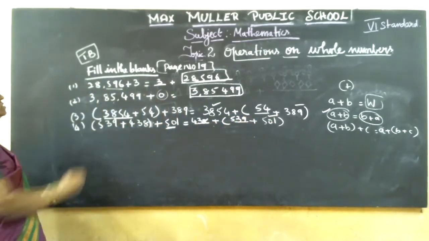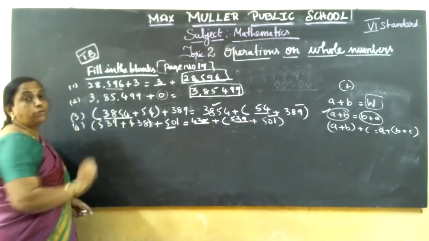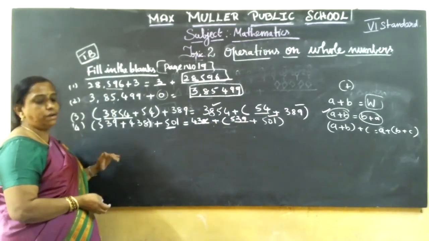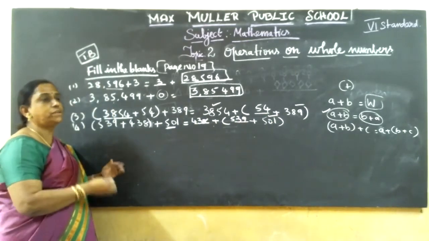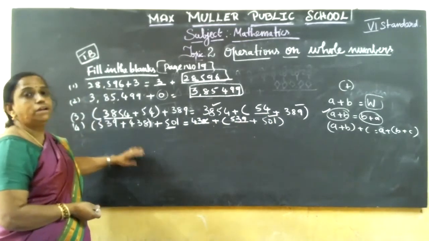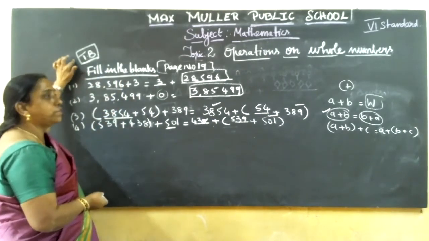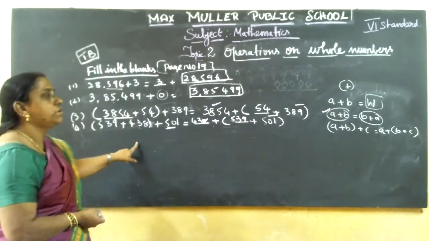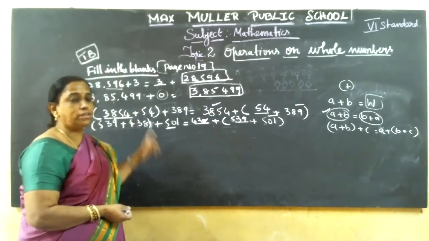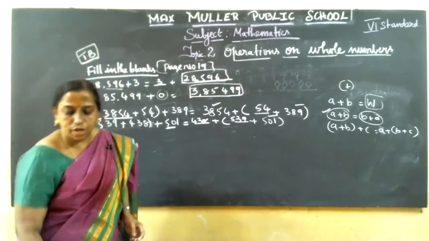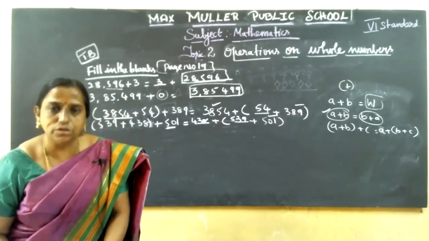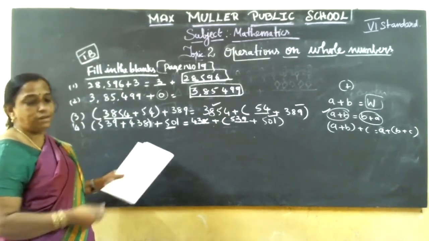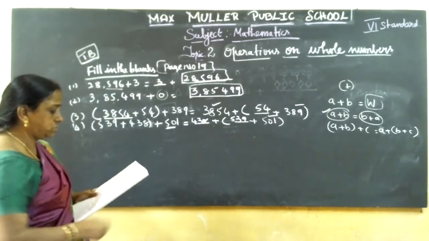Now you copy this in textbook. If you don't have a textbook, copy in rough note. Copy the question and write in rough note. Don't come and complain that the textbook is not there. If you have a textbook, copy in textbook. If you don't, copy in rough note. As soon as you get the textbook, you can complete this work. Okay. Next, classwork. Now second question. I'll give 2 minutes time to copy. Copy fast.